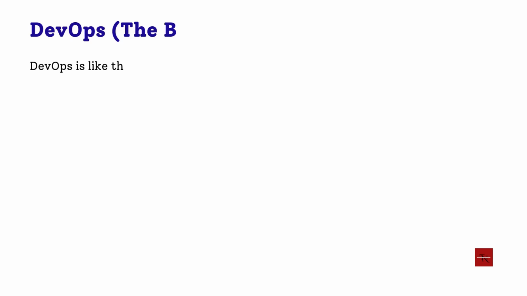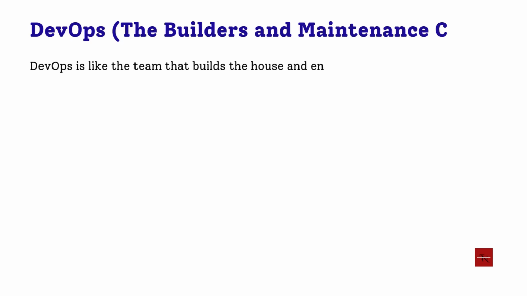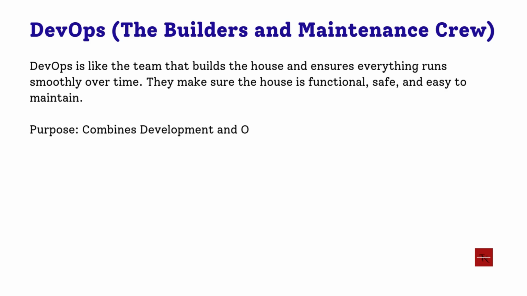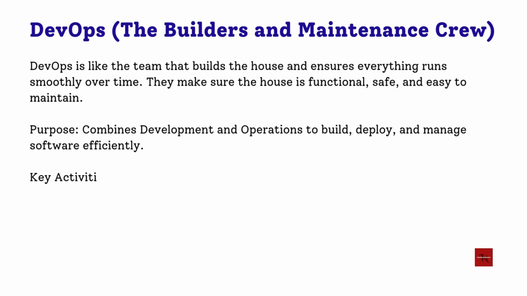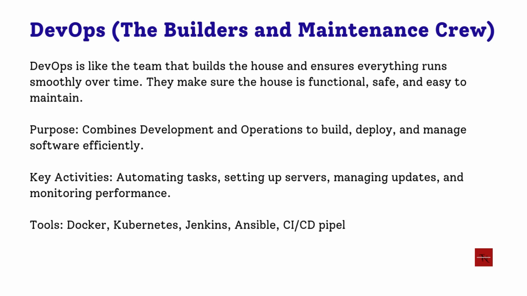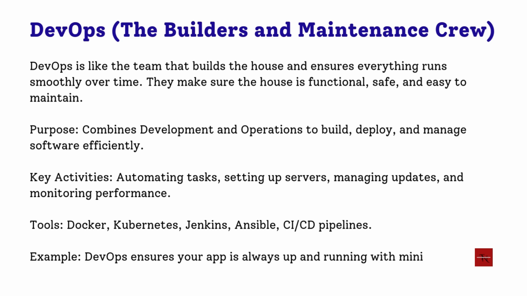What is the work of DevOps? DevOps is like the team that builds the house and ensures everything runs smoothly over time. They make sure the house is functional, safe, and easy to maintain. The main purpose is to combine development and operations to build, deploy, and manage software efficiently. The key activities are automating tasks, setting up servers, managing updates, and monitoring performance. They use tools like Docker, Kubernetes, Jenkins, Ansible, and CD pipelines. For example, DevOps ensures your app is always up and running with minimal downtime when new updates